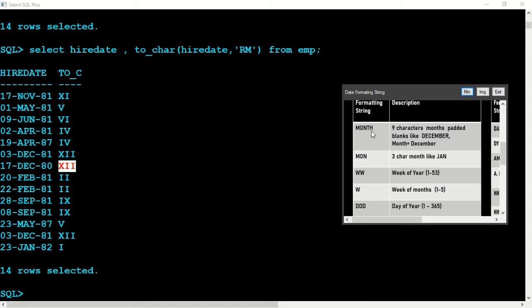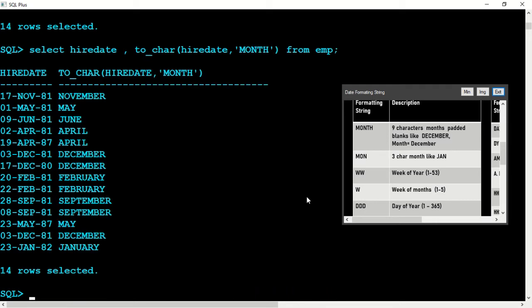MONTH, in capitals. So this will give you November, May, June, April, December. November is the full name of that month, and December is written in full. This is the full name of the month in capital letters.